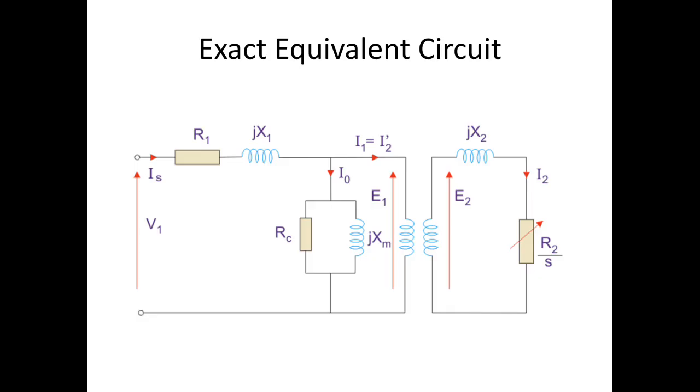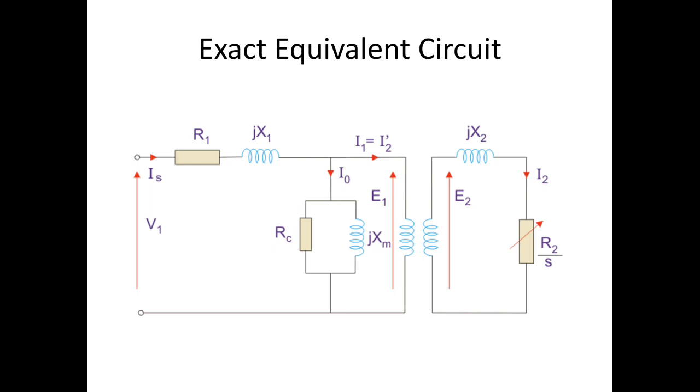If you see, this is the equivalent circuit for your induction motor. R1 is nothing but your input resistance, that is, your stator resistance. Wherever 1 is specified, that is known as the parameters of your stator. Wherever 2 is specified, that is known as your rotor parameters. This is the same as your transformer primary and secondary. If it is 1, it is known as primary, and if it is 2, that is nothing but your secondary.